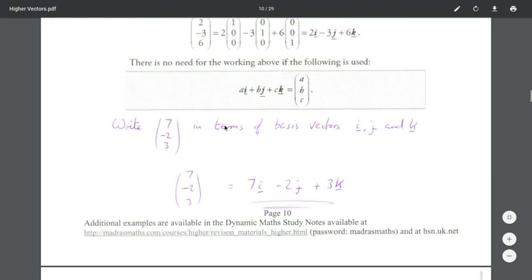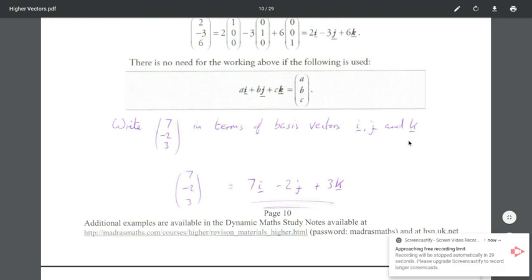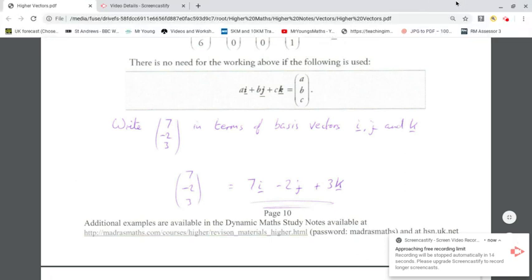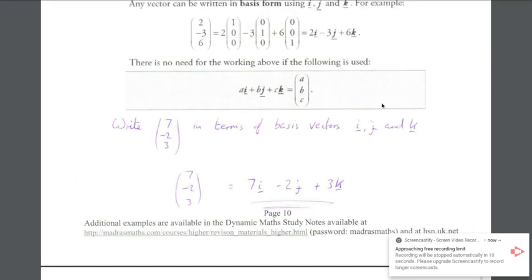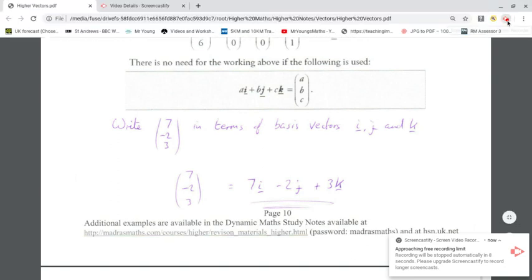7, -2, 3 in terms of basis vectors i, j, and k. So 7 in the x direction, so that'd be 7i, minus 2 in the y direction, minus 2j, 3 in the z direction, plus 3k. Now you can have